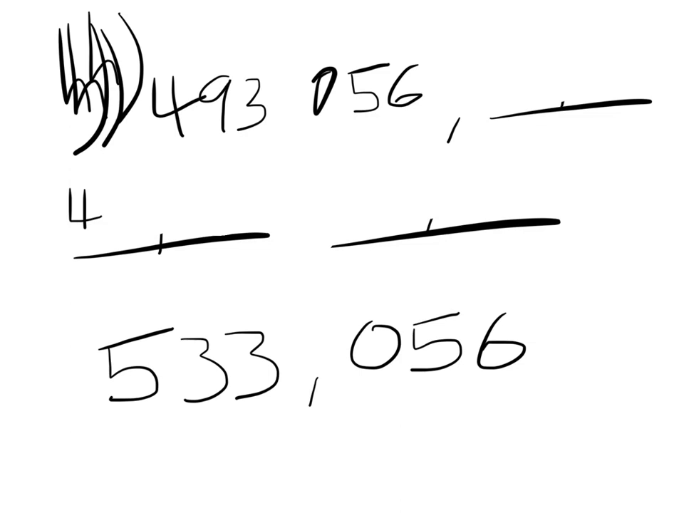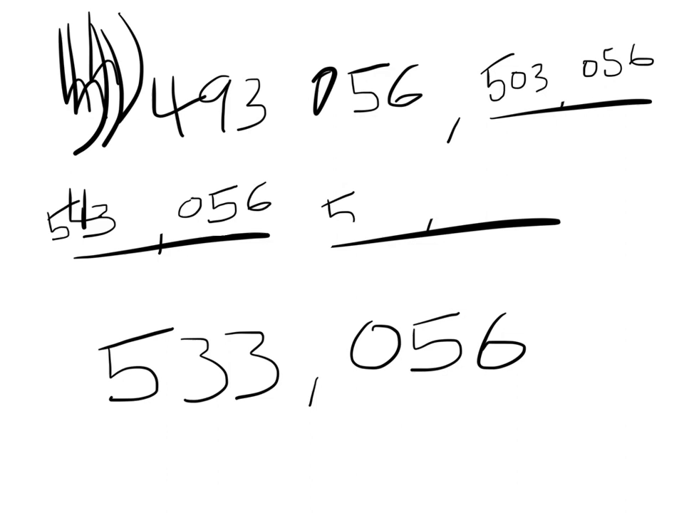So adding 10,000 to 493,056 should take you over to 503,056. Then add another 10,000, that should be 513,056. Then it becomes 523,056. And of course, all that was happening there is you really